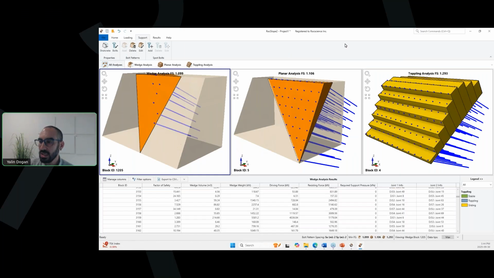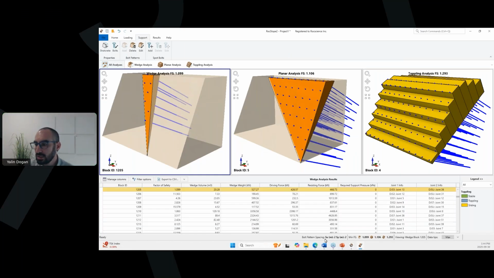So let's see, the calculation is done and we can now see the optimal bolt spacing in this case with the new bolt properties that we use. The new spacing is 2 meters by 2 meters. So this is the optimal spacing to satisfy the target factor of safety for all analyzed blocks